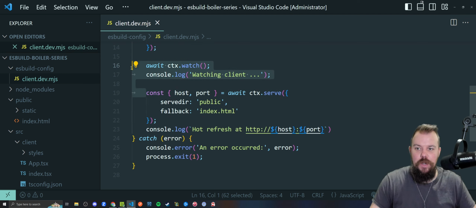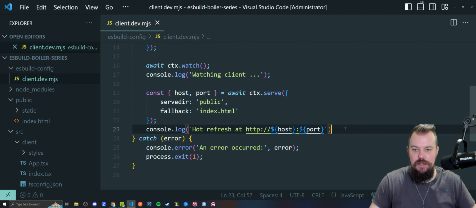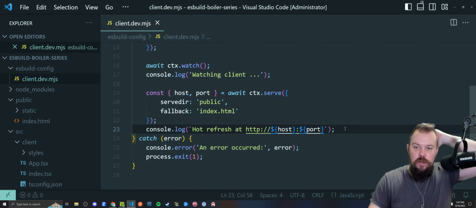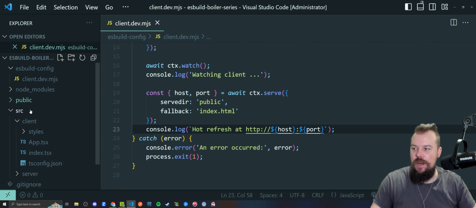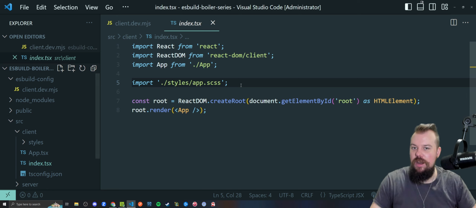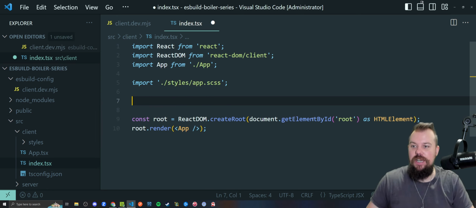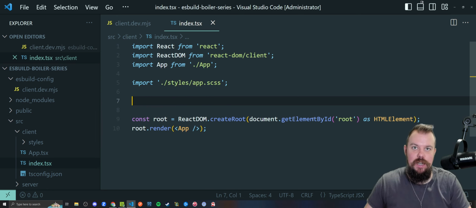It will save, rebundle, and the server will resend the new bundle and new static files to the browser, but that doesn't trigger an automatic refresh yet. I have to include the following in my source code somewhere. I need to have one line of code. Again, I learned this from the newest API documentation of